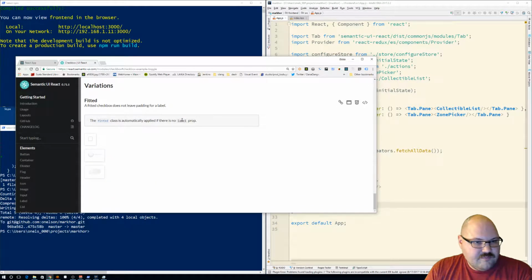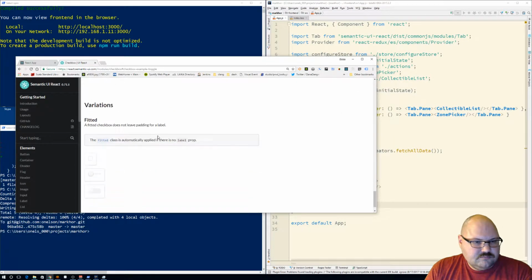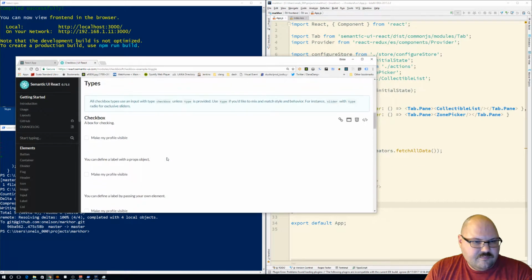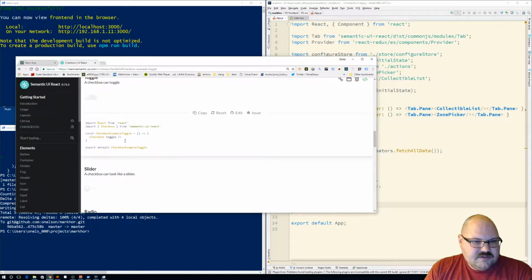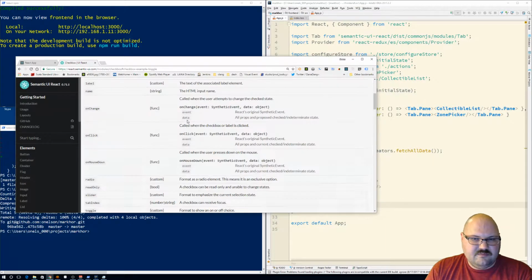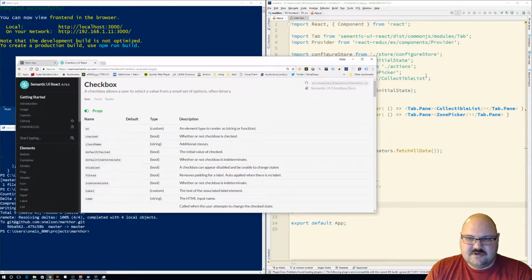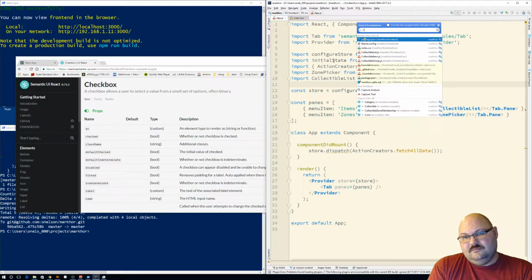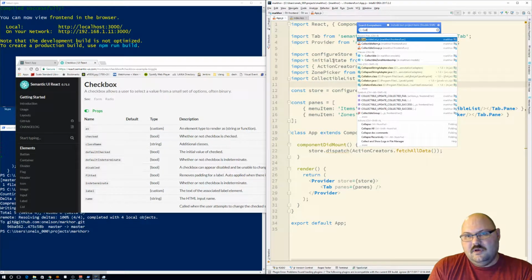Not really. Fitted. Okay. So here's the example. I guess this is what I need, and that's not even correct. Oh, it's another module. Okay. So we'll go and look at the collectible item,